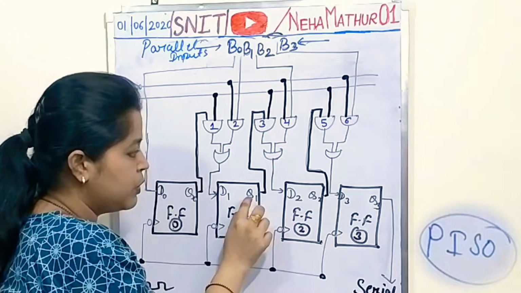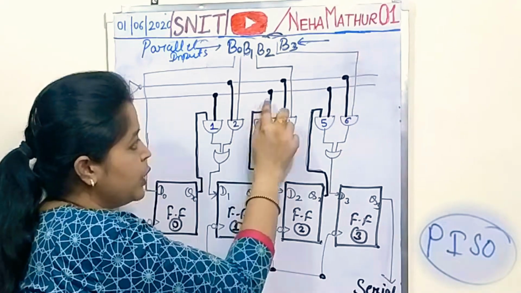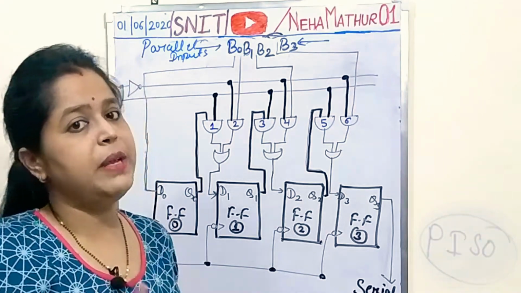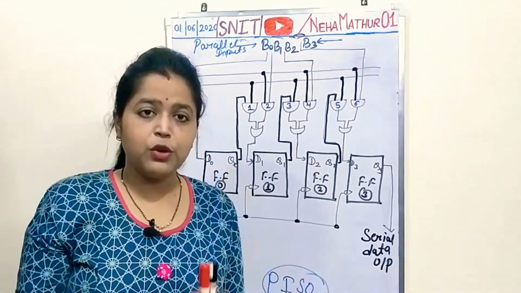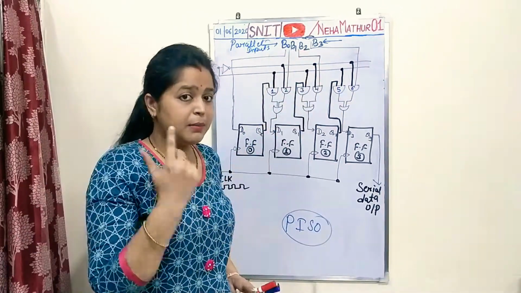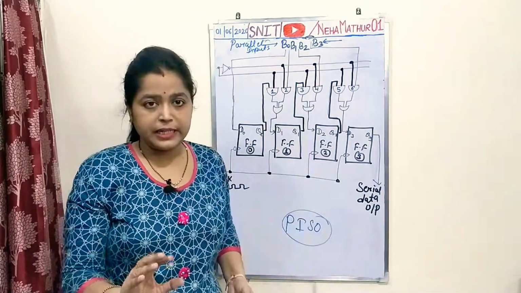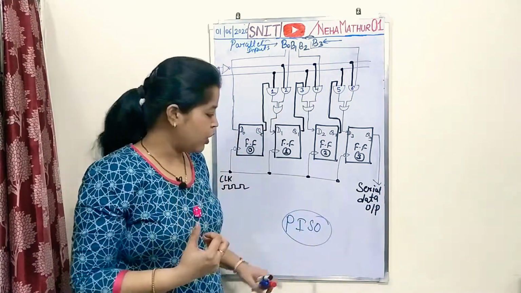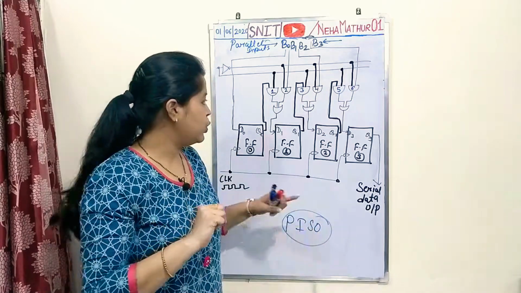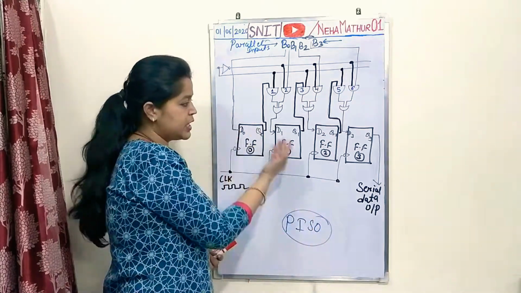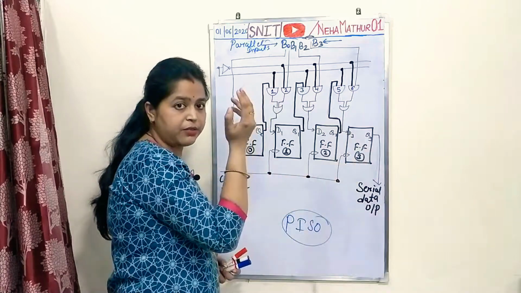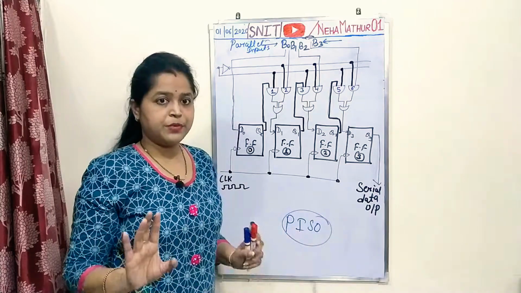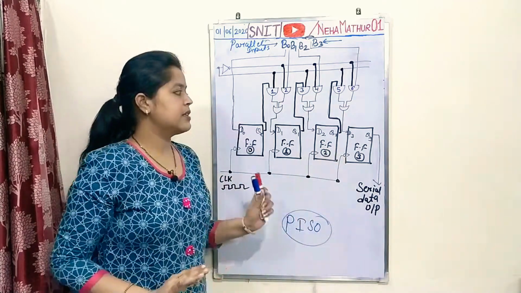Similarly, the output of this flip flop is again going to be connected with the input of the next flip flop, but via a combinational circuit. So if you want to enter your data in parallel manner, you will have to take help from this combinational circuit. Similarly, to retrieve your data in serial manner, we want to connect the previous flip flop with the next flip flop and the same with others. And for this again we are taking the help of these combinational circuits. So this is all about the circuit diagram.